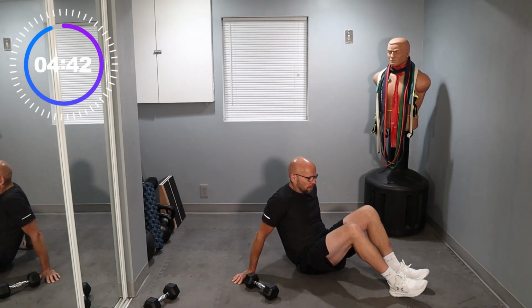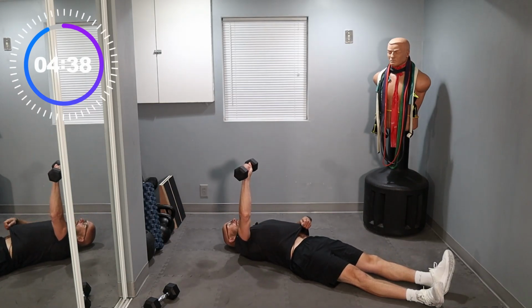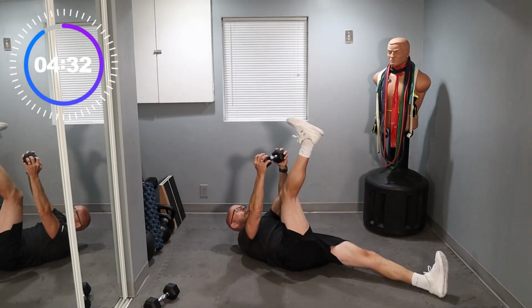All right, dumbbell to leg. I'm gonna make sure I got enough room here. Microphone might fall out of my pocket, but that's okay. No excuse, and let's go. Single leg to dumbbell. Ready? We're going for 10. 1, 2,